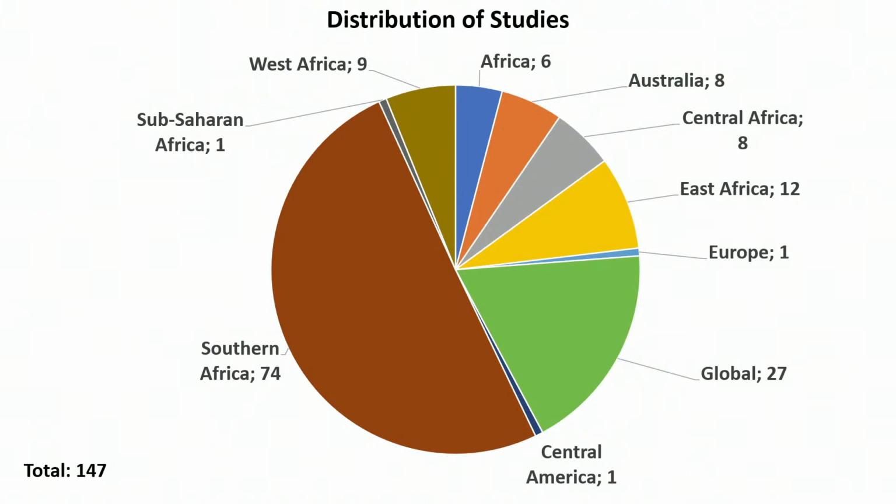Actually, I didn't read 147 papers. These are the ones that made it into the review. I read way more than that. The one thing I want to point out here is that there's a serious bias for Southern Africa. If you dig deeper, most of the studies have actually been done here. I don't know if it's because this is where I stay, that's why I focus mostly on that, or maybe there's not that much literature from other parts of Africa. So that's just one thing I wanted to point out: as much as this review is speaking about Africa, it could have a strong Southern Africa bias.